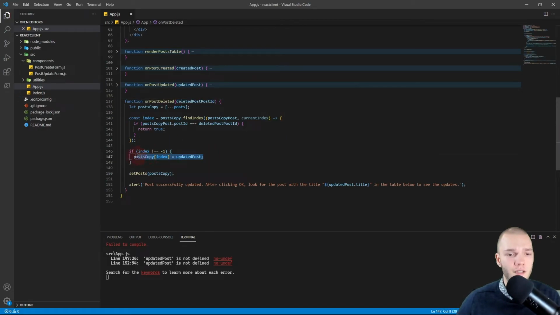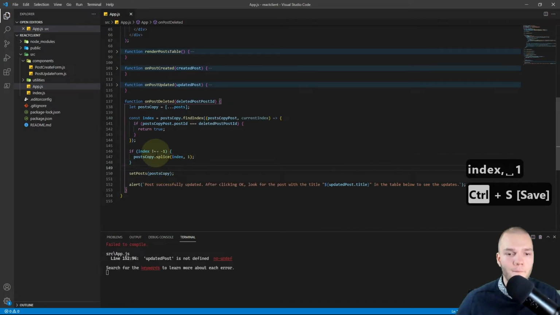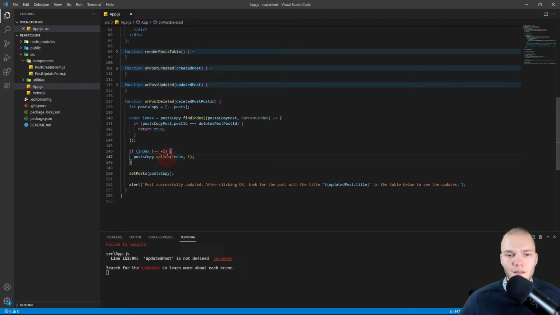and then if the index isn't -1, I want to do postsCopy.splice, and I'll just remove it from the post array we have in our React client here, so that we don't have to do another API call for that. So I'll do index, 1. So at the index of this index, we will remove one element, and then I'll call setPosts postsCopy, that can stay the same, and then for the alert message when we're done,